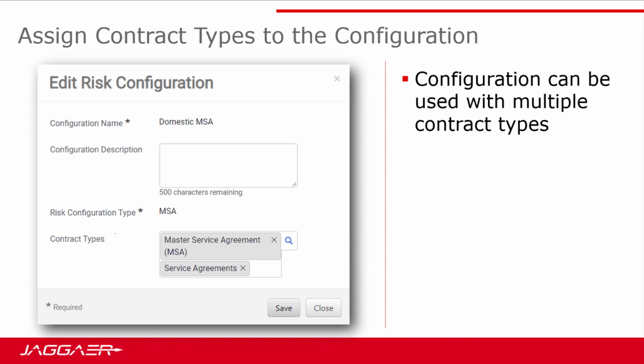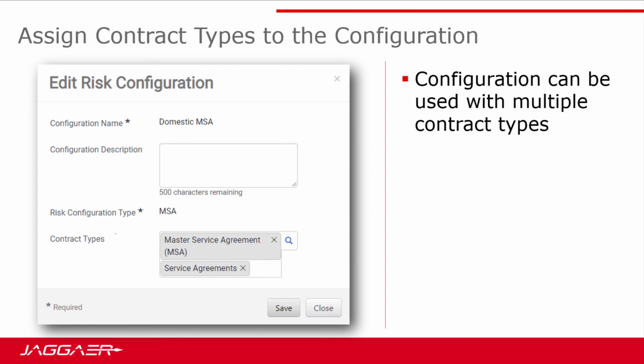You can do this from the page that lists the configurations by selecting Edit Properties. I'll show you where and how to do this in just a moment. The overlay that appears there will allow you to associate this configuration with one or more contract types. There are a few things to note here. Each configuration can be used with multiple contract types to analyze contracts. So you can see in my screenshot here that I could use this configuration for both MSAs and service agreements